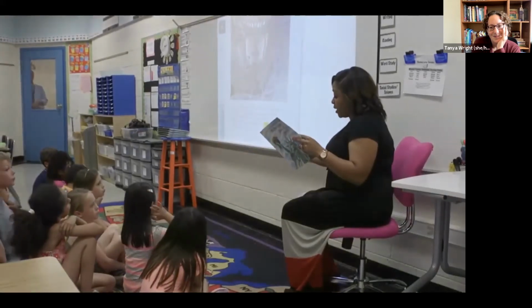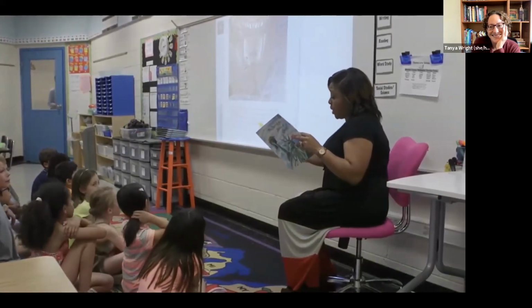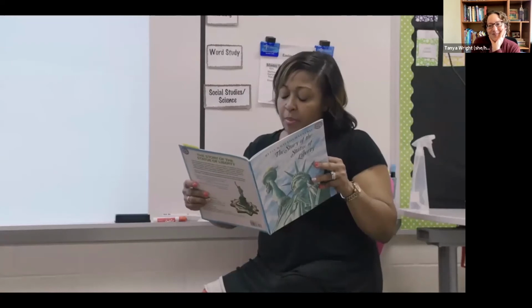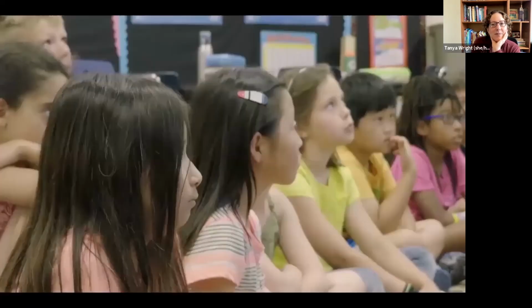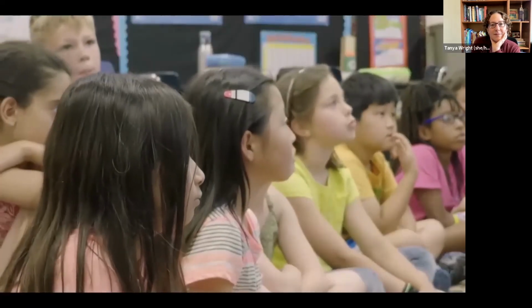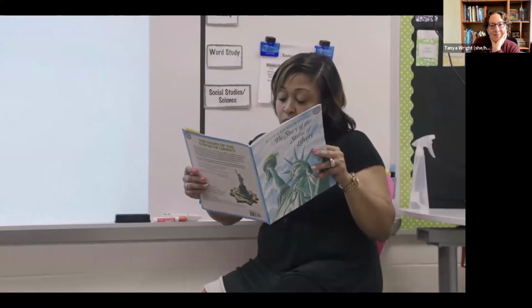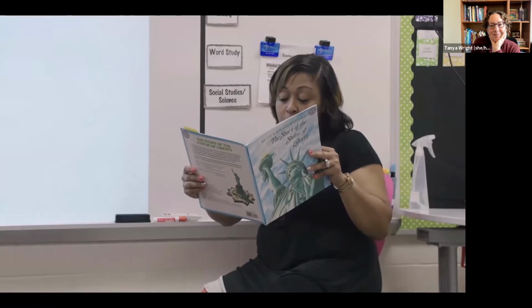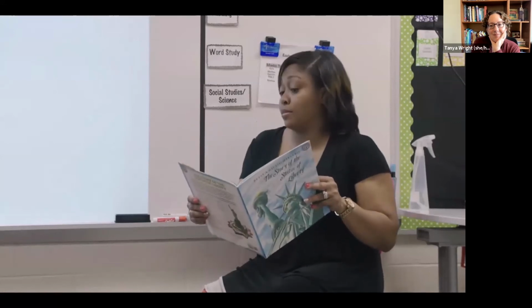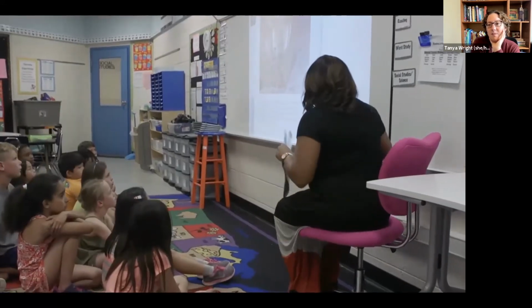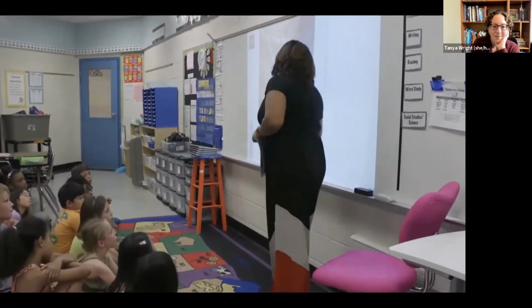The work on the island went on, and soon the pedestal was completed. Piece by piece, the skeleton was raised. Then the copper skin was riveted in place. Liberty was put back together like a giant puzzle. The statue had been built not once, but twice. So the word that we're looking at is pedestal.